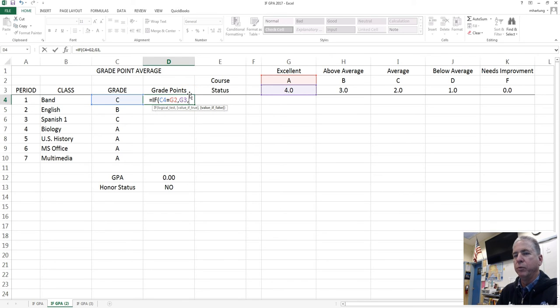then we want it to repeat and do another if statement. So if it's false, then we want to say if this location is equal to a B, then we want it to put in this value, 3. If it's false, then we have to put another if statement. So we're going to have to do this 5 times because of our grades A, B, C, D, and F. So if,